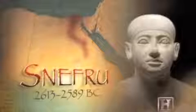Sneferu's 3-decade reign ended around 2589 BC, but his burial monuments succeeded in securing his immortality. Excavations at Dashur have revealed that even 2,000 years after Sneferu's death, offerings of incense were still being left in